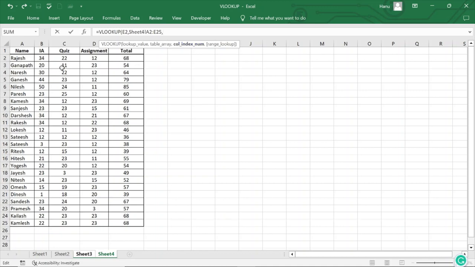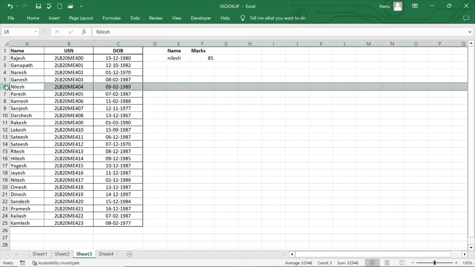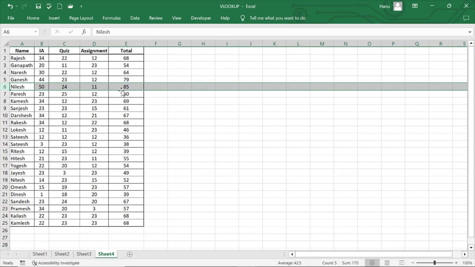So 1 2 3 4 5, fifth column, comma, I need the exact match, so false, and bracket close, enter. So it will show me the marks of Nilesh, who has obtained 85.